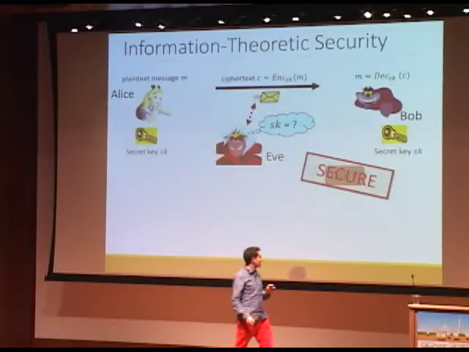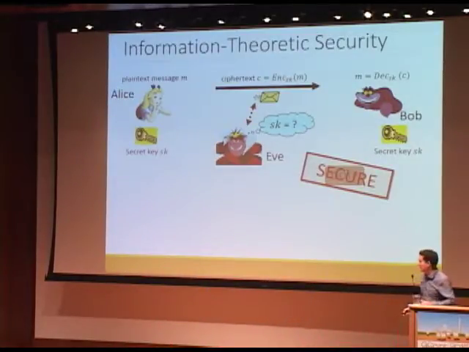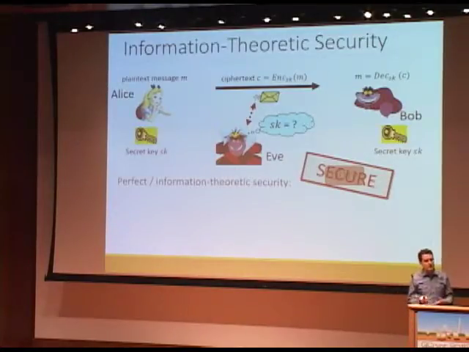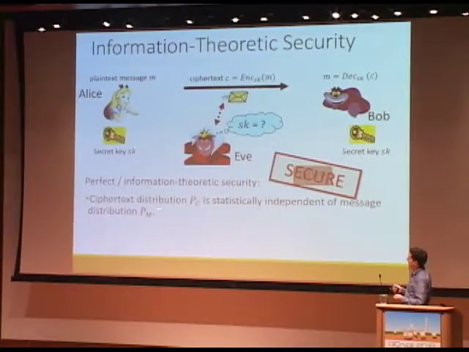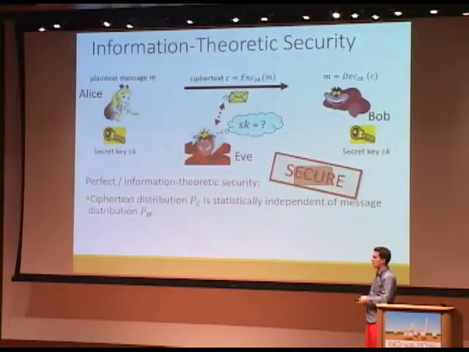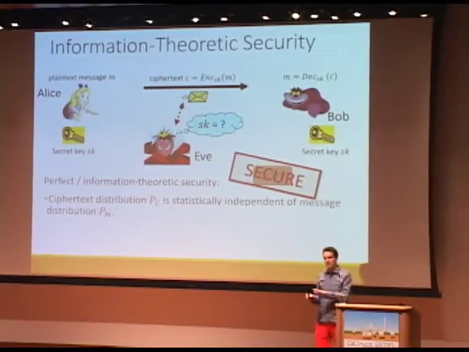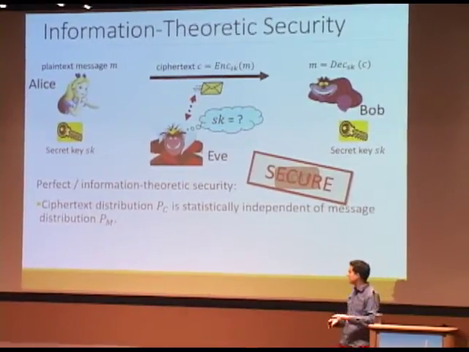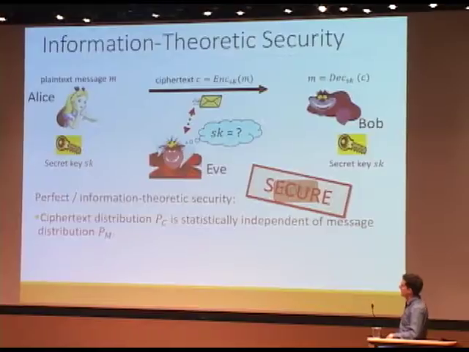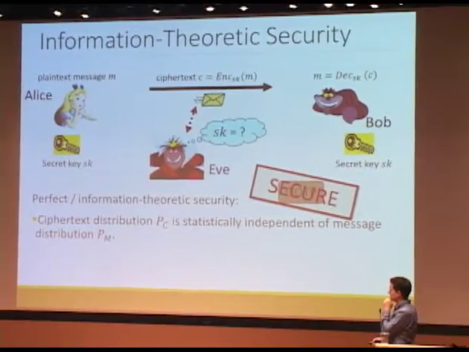Oh, not quite. Sorry. You have to wait a little bit more. So what do I really mean by this? What do we mean if we say that this thing is secure? What we really mean is that we're talking about perfect or information-theoretic security. This can be formalized as follows: in the classical case, the ciphertext distribution, what we get if we do this kind of operation, is statistically independent of the message distribution. So in fact, the message and the ciphertext have nothing to do with each other. They are information-theoretically not related to each other. And similarly, you can argue in the quantum case.